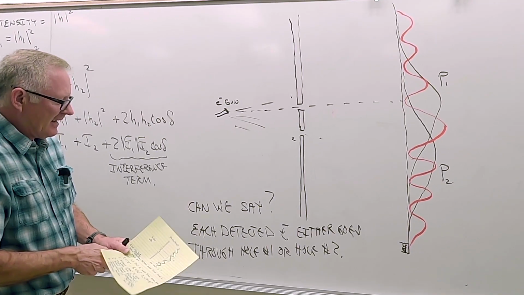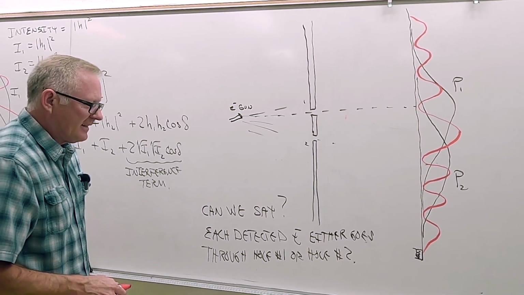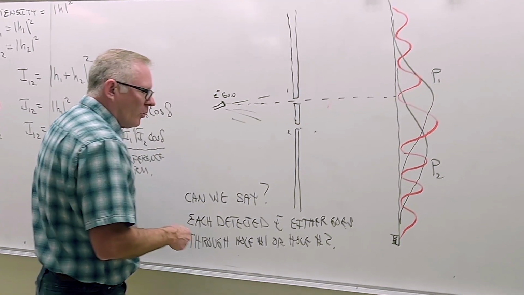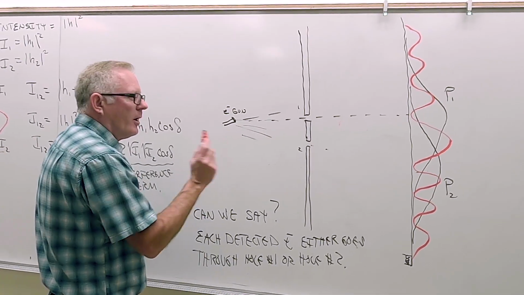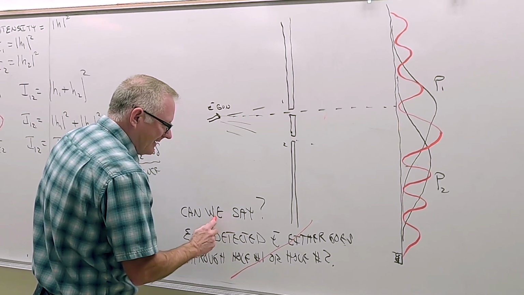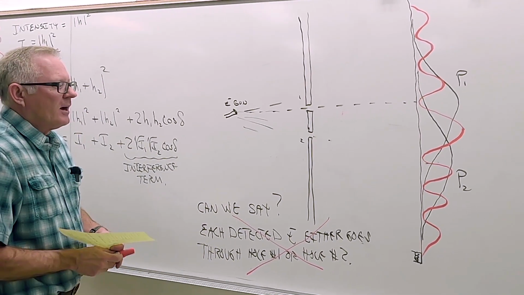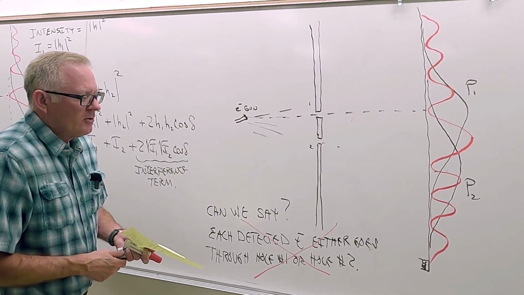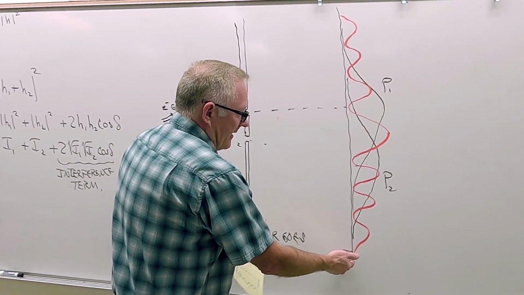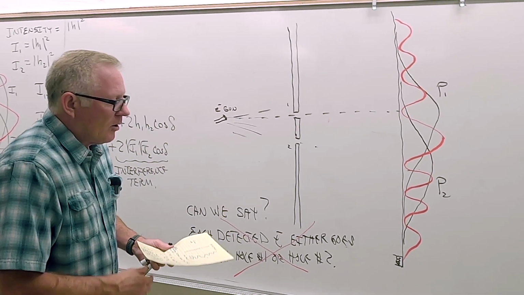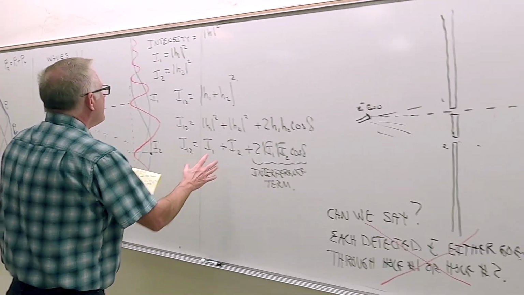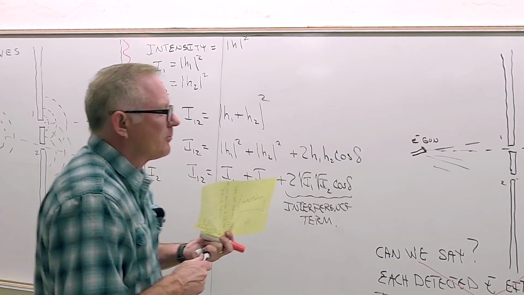I cannot say each detected electron either goes through hole 1 or 2. It must go through both. So this is not true right here. These electrons have to go through both. The only thing is, I only detect whole ones. That would mean that this math has got to work out. That is, this probability,